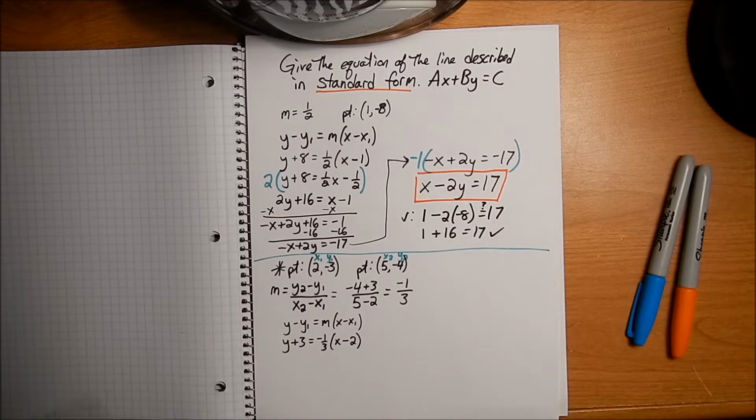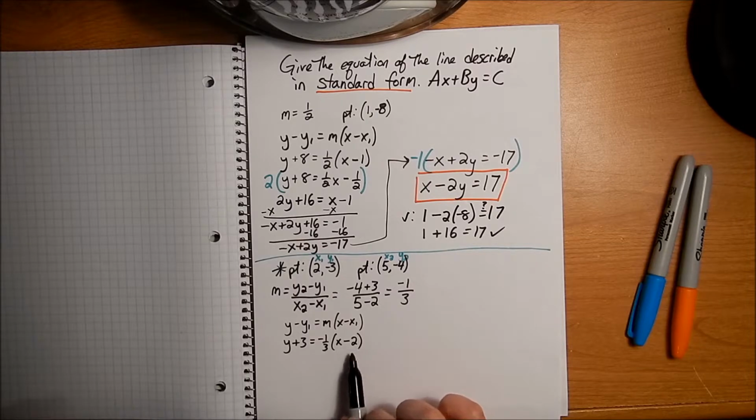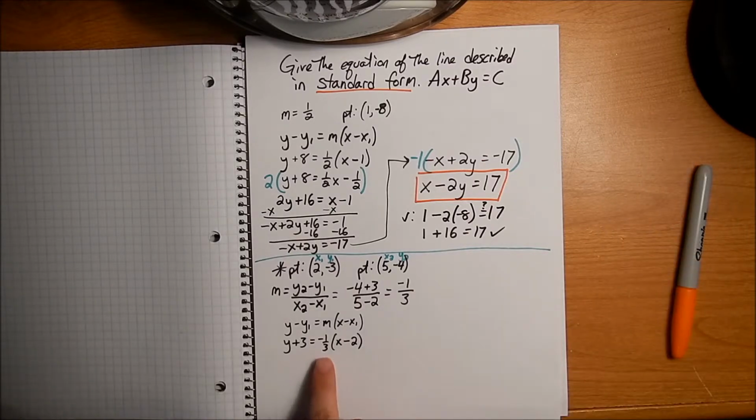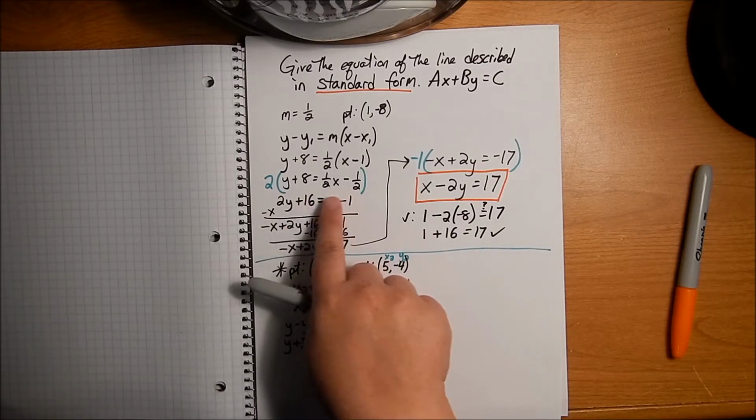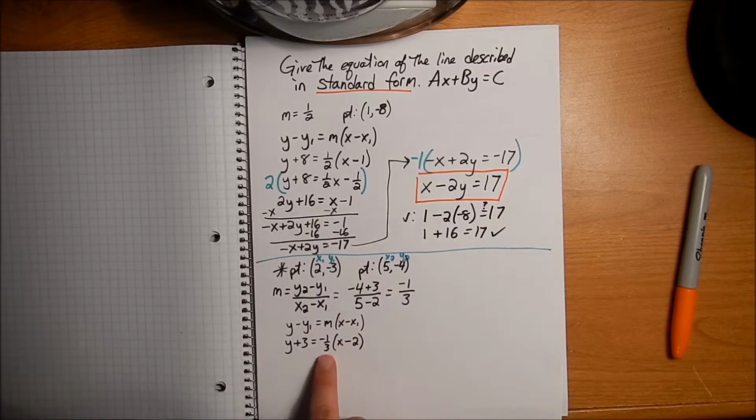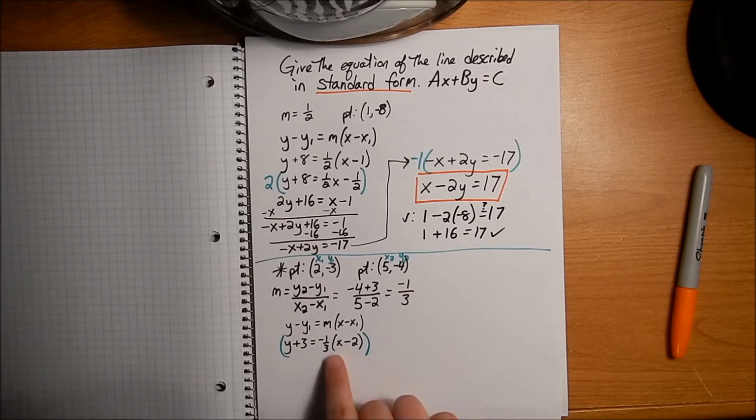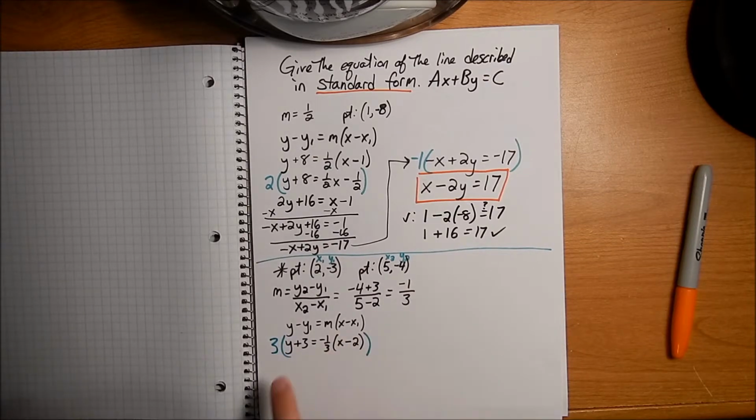So now I have the equation of my line in point slope form, but I again need it in standard form. So all I have to do from here is just rewrite it so that it's in standard form. So what I could do, I could distribute that negative 1/3. But even easier, I can just skip a step, and since I know I'm going to have to get rid of that, I can't have any fractions, so remember up here how we multiplied the whole thing by 2? I can do the same thing and just multiply everybody by 3, because that's my denominator here. So if I multiply everybody by 3, remember that's